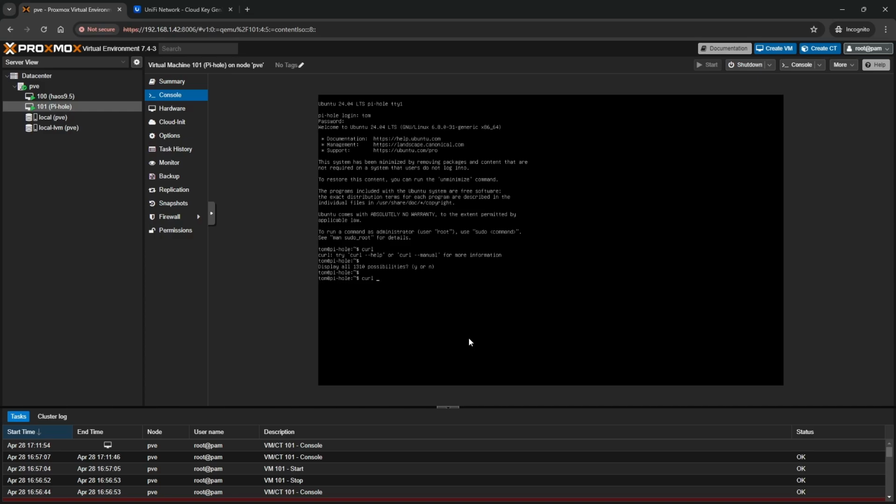I do semi-trust Pi-hole. We're going to do curl dash lowercase l uppercase lowercase s uppercase s, and then an L for HTTPS://install.pi-hole.net, and then pipe that to bash. What this will do is download a script from the internet and run it. Hence why it's a little controversial doing it, but it is fairly standard how people install stuff, so we'll just